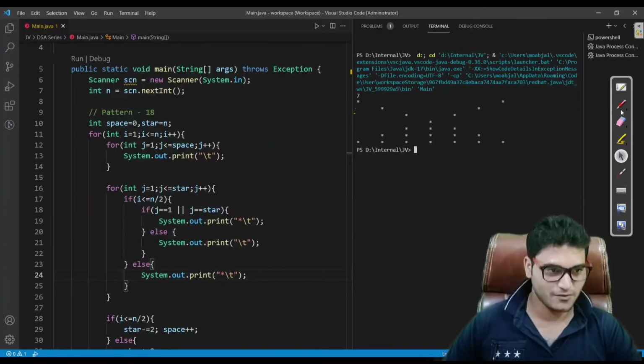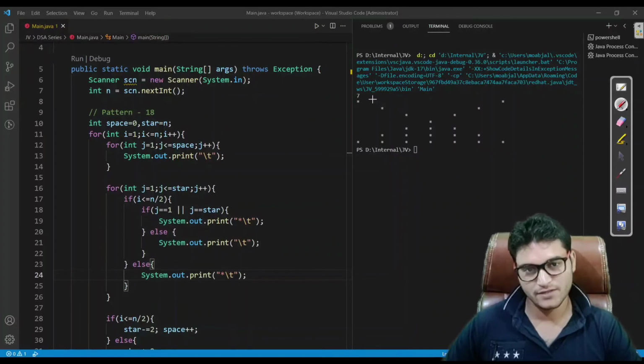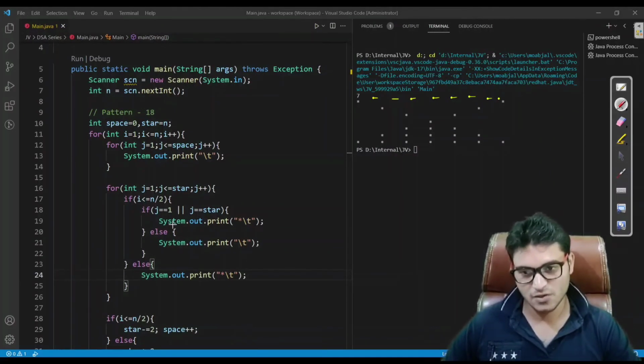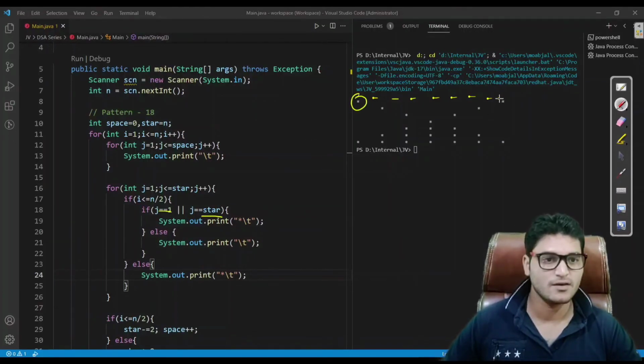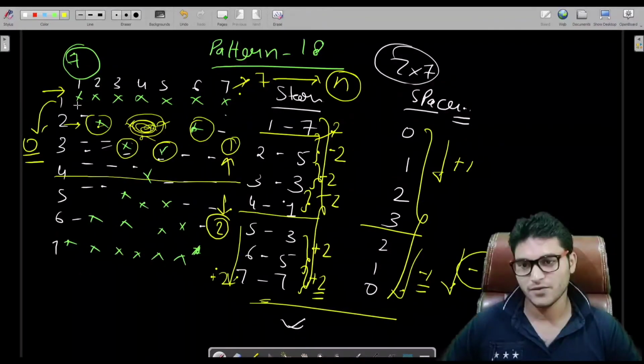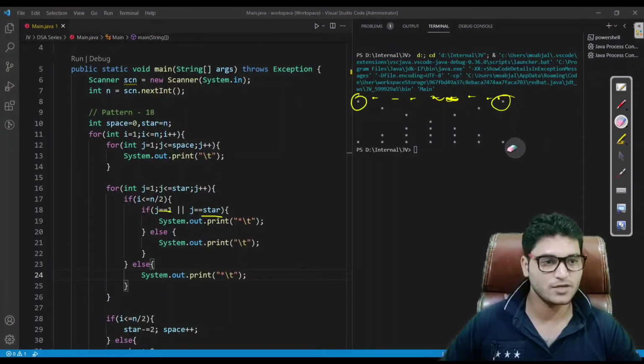Okay, so of course we have done a mistake, and you will have to analyze what is the mistake that we have done. So if you look at here, for the first half we are not printing stars here, we are printing spaces here. Why so? If you look at here, we are printing stars only on these places if j is 1 or j is star. So here j is 1 and j is star, but this is not the case for the first row, because if you see here, for the first row we do not have to check, we have to print star in every column. Fine.